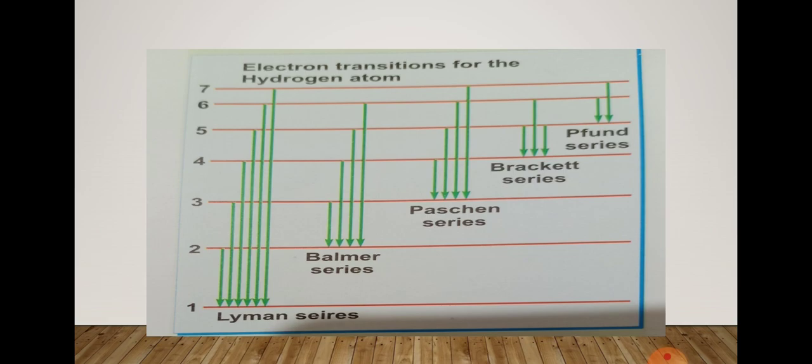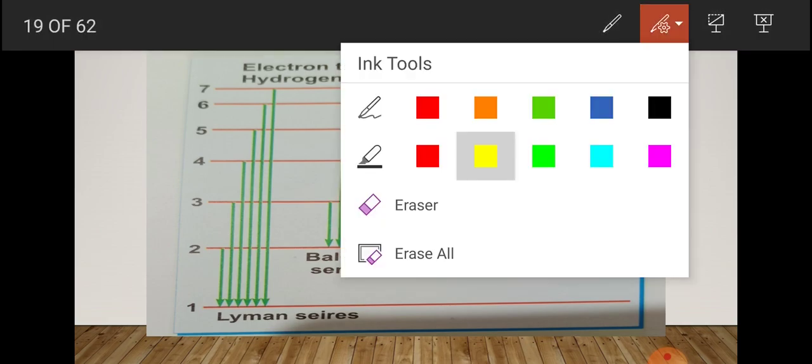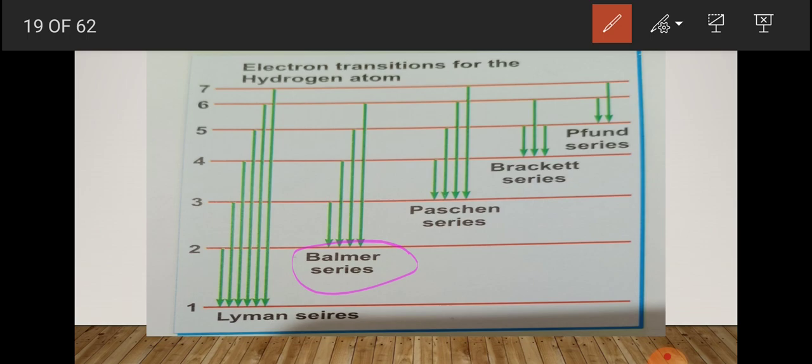You can think that the names should have been given something easy, like A, B, C, D or X, Y, Z. But no, Lyman series, it won't mean anything else. This is the name of the scientist. Balmer has done lots of work on it, you will see when it comes. He was a great scientist and he has given the formula also to calculate the wave number. The Rydberg formula was also given to calculate the wave number. So Balmer has done a lot of work in this.